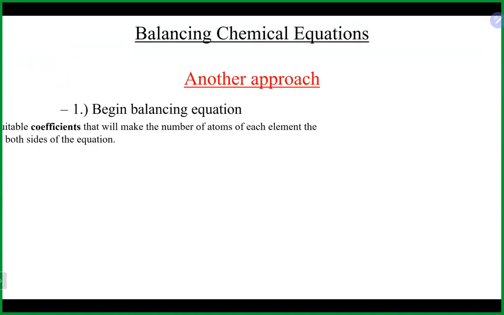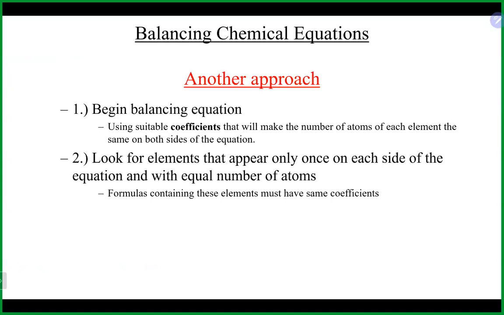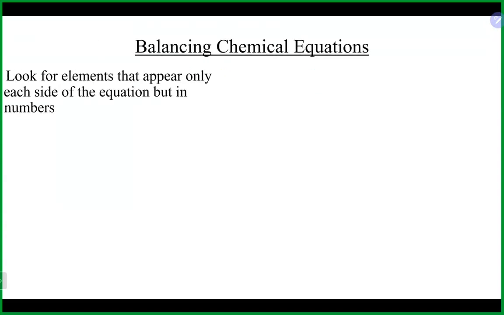Here's another approach. Again, you can use suitable coefficients, look for ones that appear only once on each side of the equation in equal numbers. Formulas that have these elements you can do with the same coefficients. So, my personal thing is most people do a trial by error type of thing, but the best thing to do is to make a table, see what is the simplest thing to work with if it's only in one sort of formula on each side. So let's take a look at one together here just to kind of see